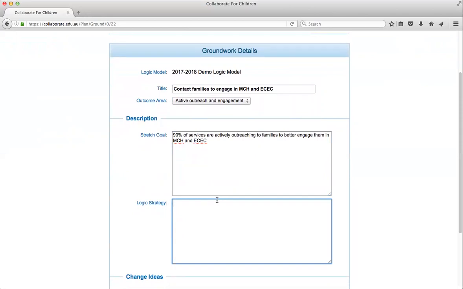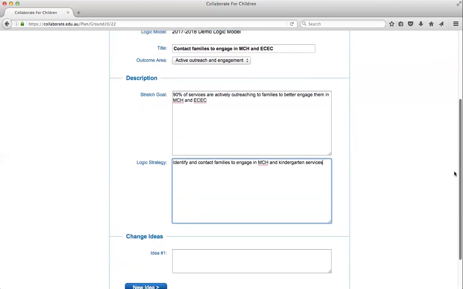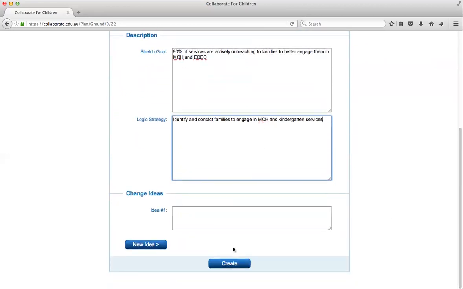So again here, we'll put in services, the strategy is identify and contact families to engage in MCH and kindergarten services. Now this is the basis of the groundwork. This is all you need to add at any given time. So if I click on create,